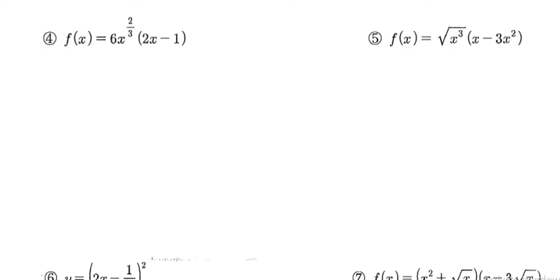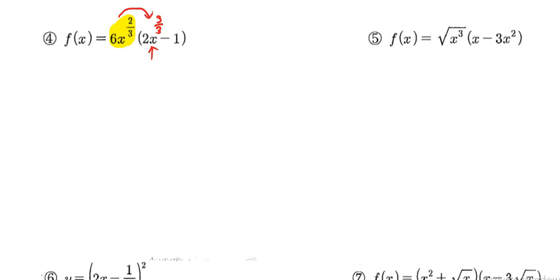Let me just pause the video here. We're now moving on to question number 4. For question number 4, we will use the distribution property to multiply the 6x to the 2/3 into the brackets here. On this x term right here, you might want to write that there is an invisible 1 as a power, and you can rewrite that as 2x to the power of 3 over 3 if you like,